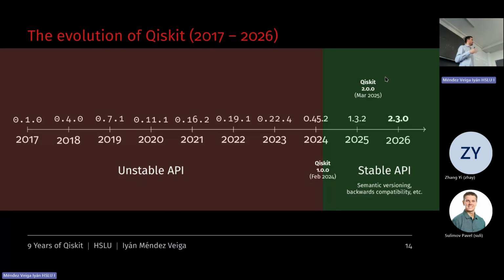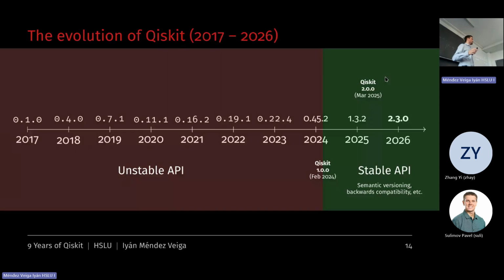They can remove, they can deprecate new things. And with Qiskit 2.0, they remove all the V1 primitives and the V1 providers and all that. So that's probably what broke. And actually, there are still some packages that are not fully compatible with the Qiskit 2.0. The good thing is that now after the Qiskit 2.0, they guarantee 18 months of support. So even if we have Qiskit 3.0 this year, which I don't think will happen, they will keep supporting the last release of the Qiskit 2.0 for a few months more.